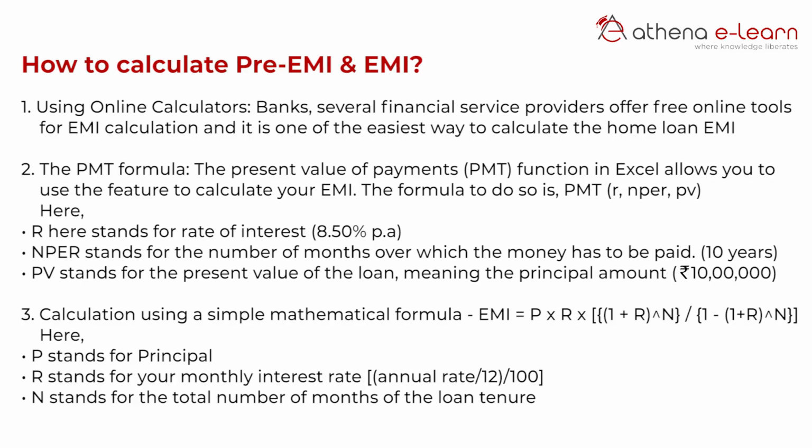Now, some of you in your maths classes might have heard of a concept called geometric progression. A person is repaying a fixed amount of money over a period of n months, n being the term of the loan. In our example, it was 180 months, 120 months, whatever you take. And every month he's paying you an amount that includes interest and includes principal. The present value of that is the loan amount that you've taken. So you have to discount this for interest for 1 month, 2 months, 3 months, 20 months, 100 months, 120 months, n months. And that discounted value at the rate at which you are lending is the original principal amount.